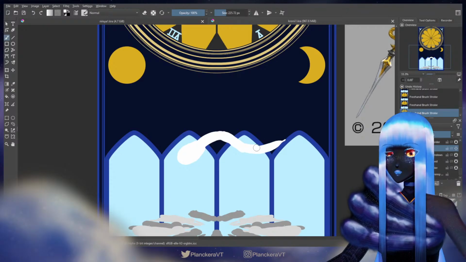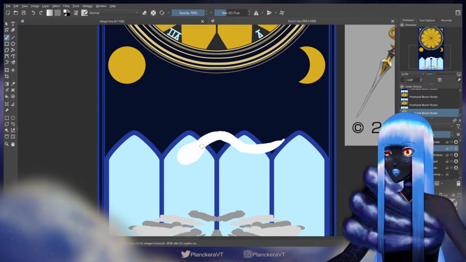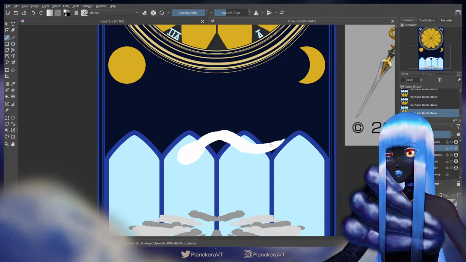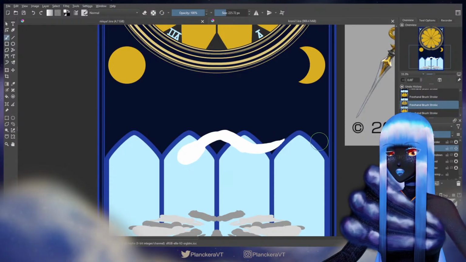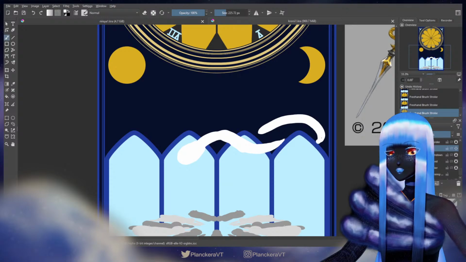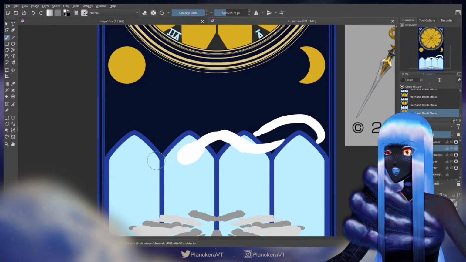Okay, and then this part will go behind the window. And I'll worry about getting that clean a little bit later. Since this is not geometric, I can just kind of draw what I want. And then it'll come up here and wrap through here. Okay, and then I'll put a tail kind of over here.